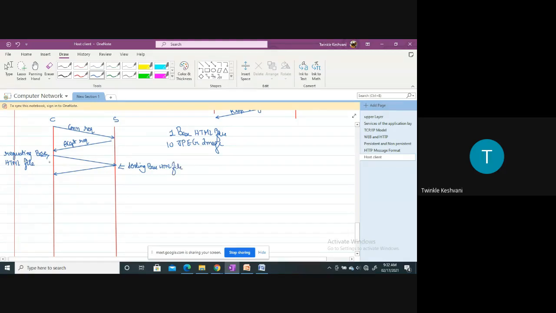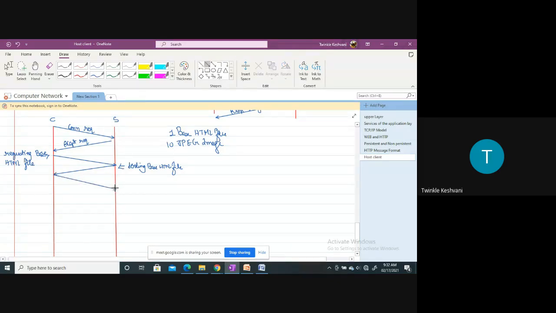Right, now once the base HTML file is forwarded to the client, the client will request for the images. Right, so the client will request for the first image, second image, third image, fourth image. Right, so all images will be requested in one single TCP connection. So here the client is requesting for the images.